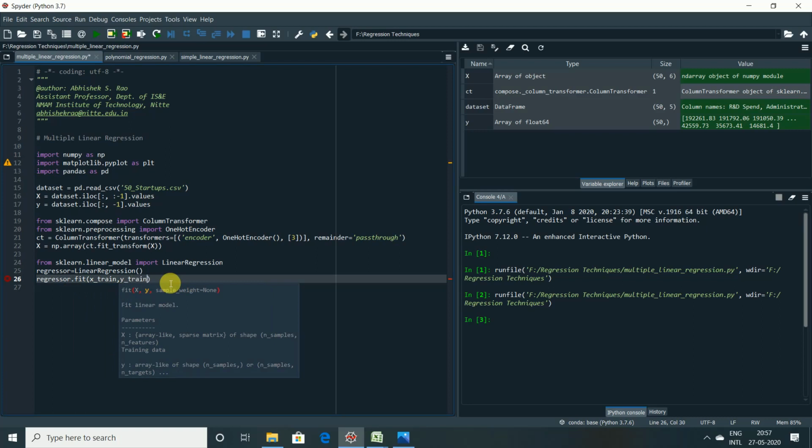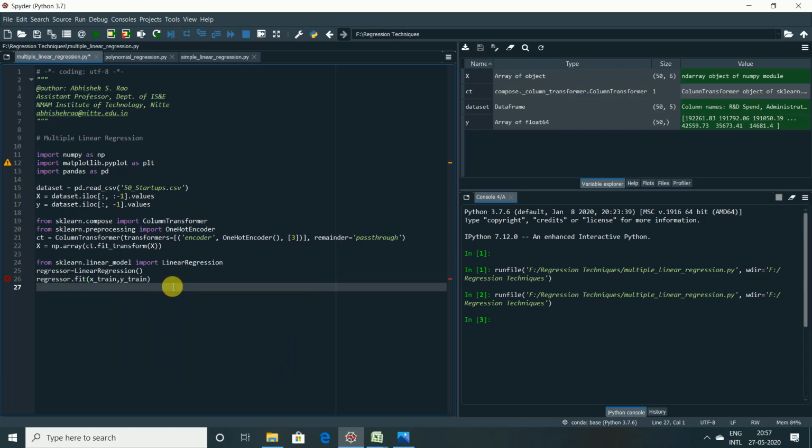That's all, guys, done. We are done with the training of the multiple linear regression. Let me execute this. I think there is a small error. Is there any error here? regressor = LinearRegression(), regressor.fit(X_train, y_train).